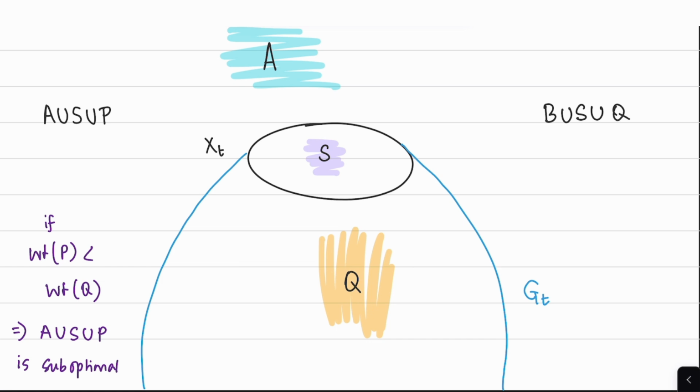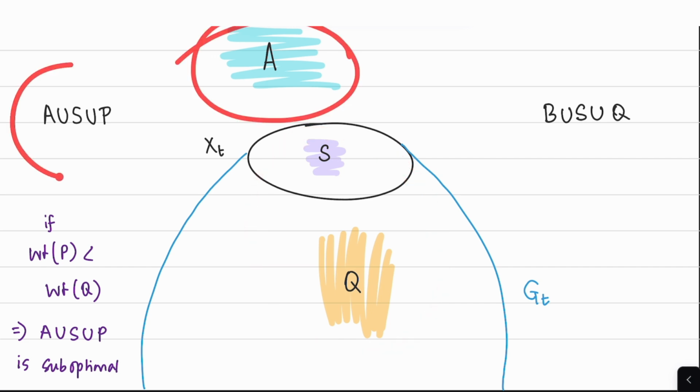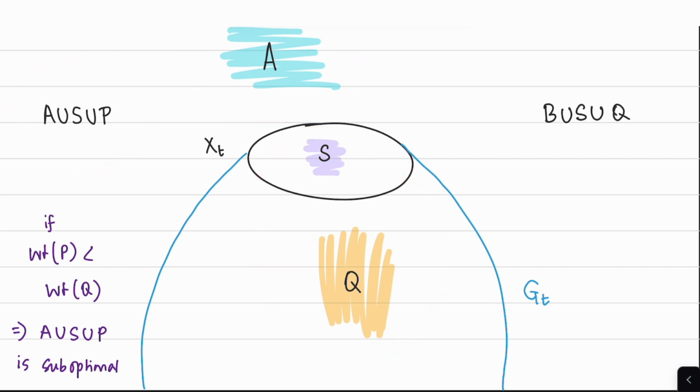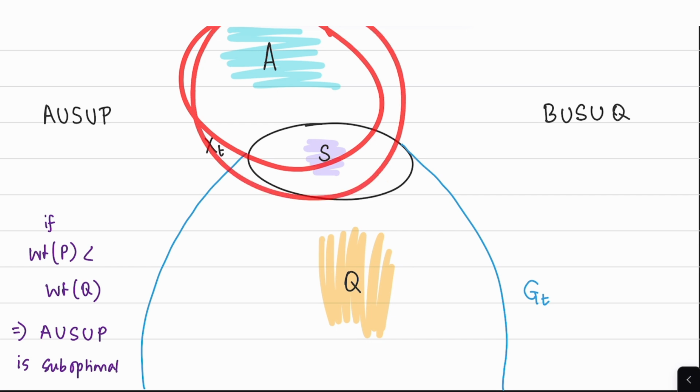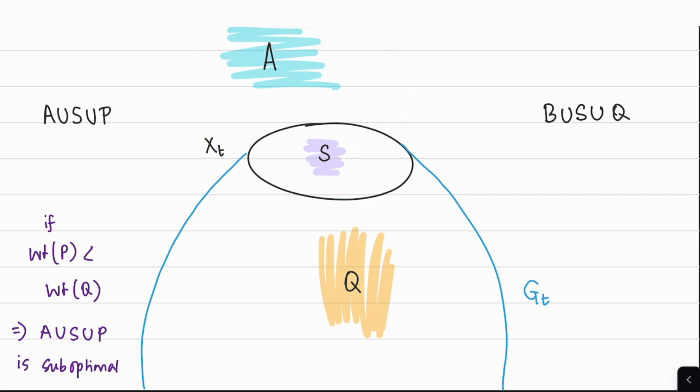But is it really an independent set? All the three individual pieces are independent. A is independent, S is independent, and Q is independent. In fact, we also know that S union Q is independent because S union Q is a subset of B union S union Q. So we know that B union S union Q is an independent set. So we know that this whole part is independent. We also know that A is independent because A union S union P is independent. So in fact, we even know that A union S is independent. So the question is,